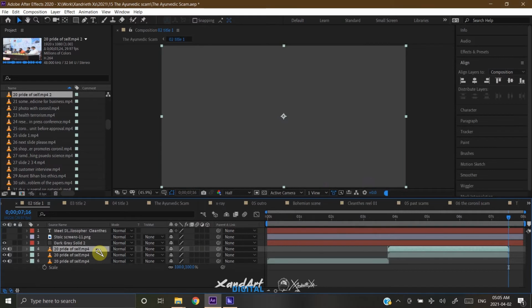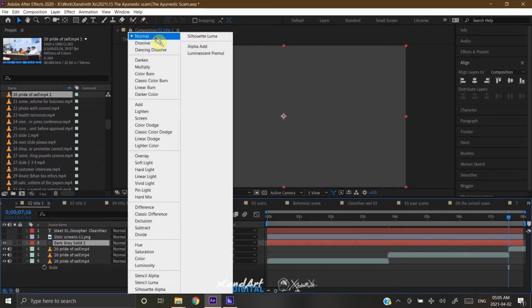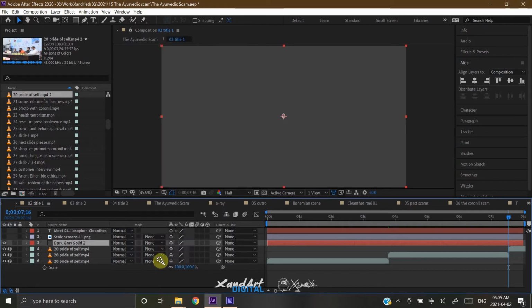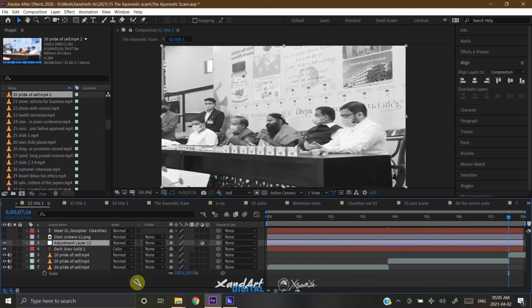Now comes the trick. For the darker layer, for the shadows, make sure you have the blend mode of the layer switched to Color. What it will do is, it will use the color we selected for the layer to color up the darker parts of everything below it. And in this case, the darkest part of the composition below it will be the dark gray we chose, which is 41, 41, 41.